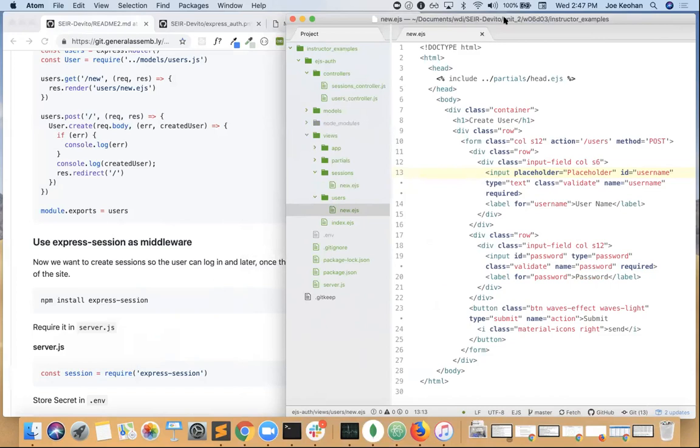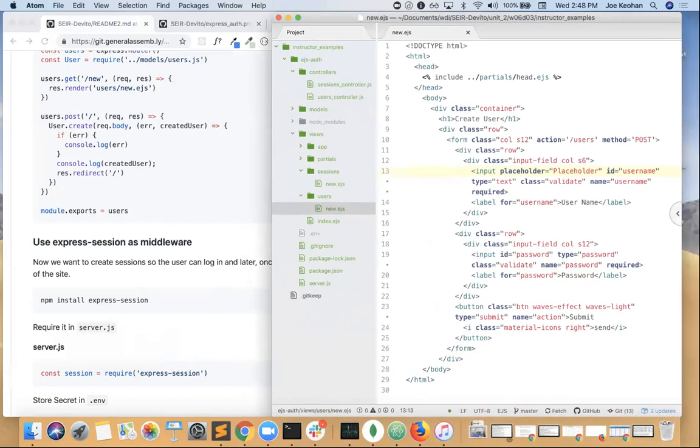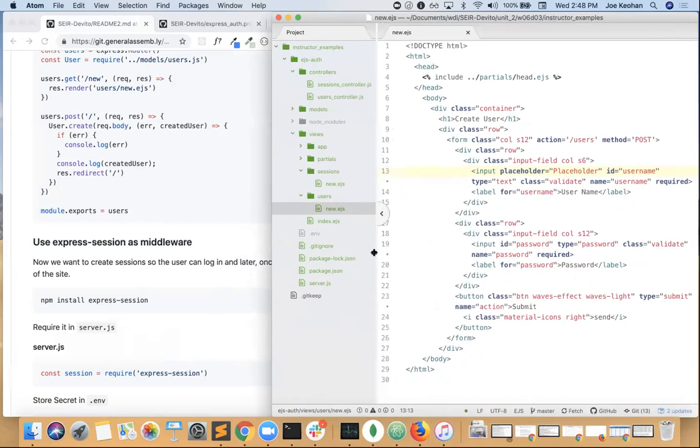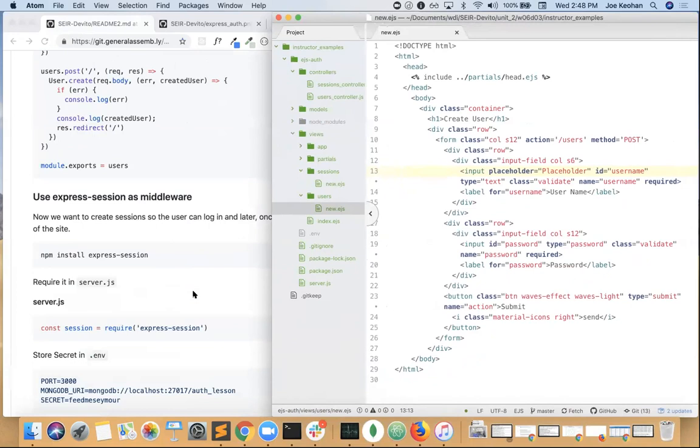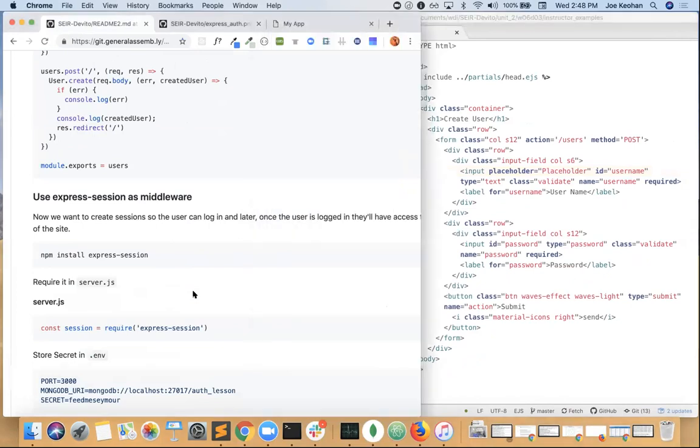So as of right now, we're taking on that responsibility. We're being responsible for storing users and authenticating them, okay? Which sometimes isn't a burden you want to have as the developer. You want to build your app and let another service do that. So at this point in time, that's our decision. We're making that decision. So we are going to need to install the express-session npm package so that we can use this kind of session